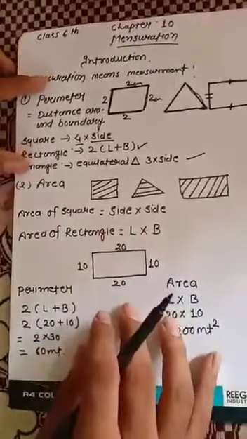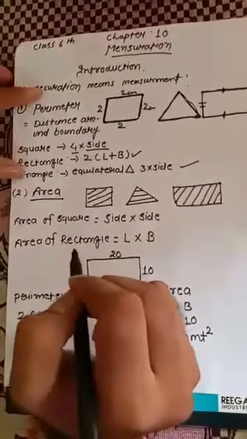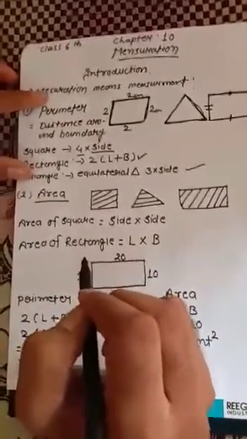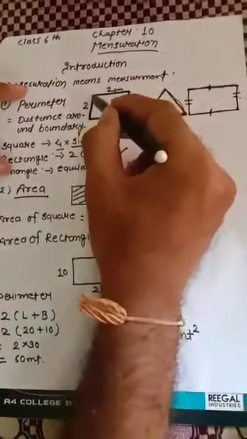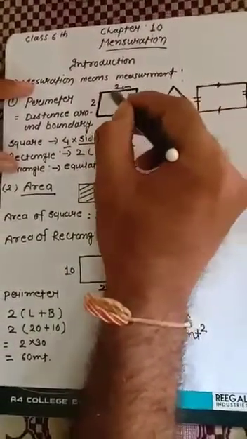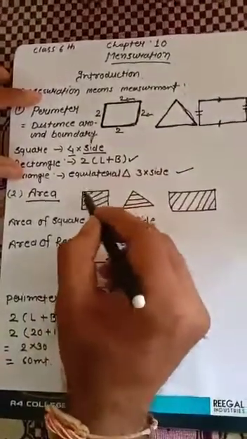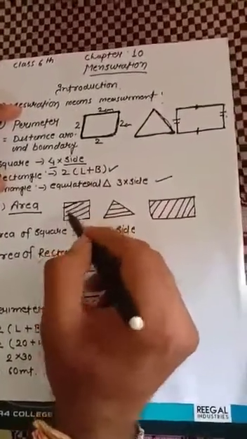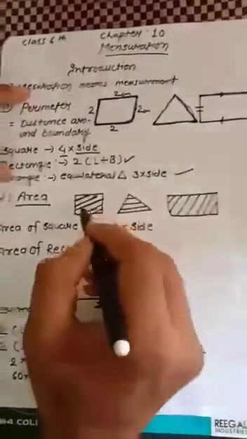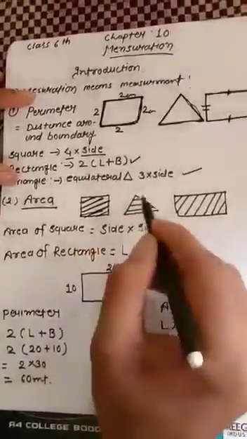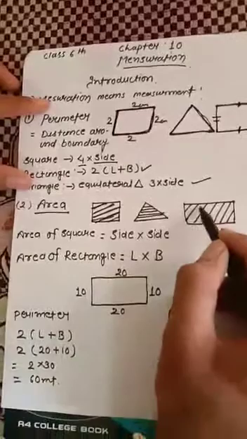Now come to the next part, that is area. If you want to find out the area of any figure, how can we find out? First we'll understand what is area. Now in the perimeter we have seen that the outer layer of any figure was the perimeter, but what is area? The area is the occupied space. That means this, in the square I have mentioned that this is the part of area, the inner part of any figure, that is the area. See in the triangle also, similarly in the rectangle also.